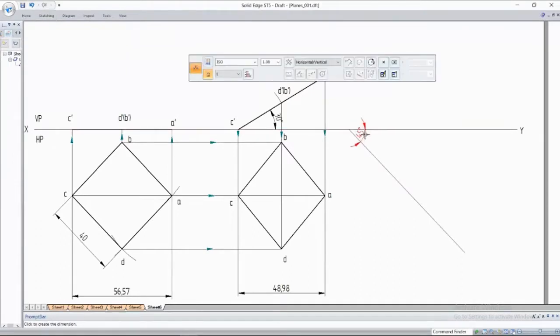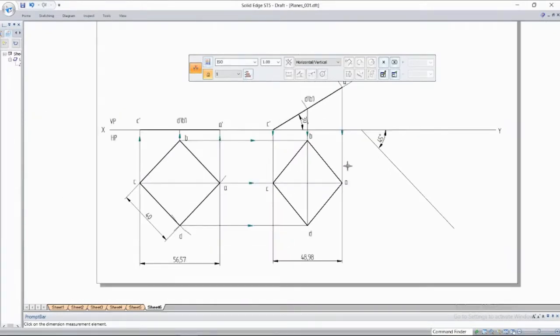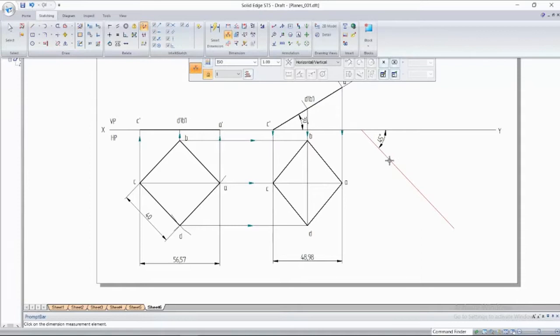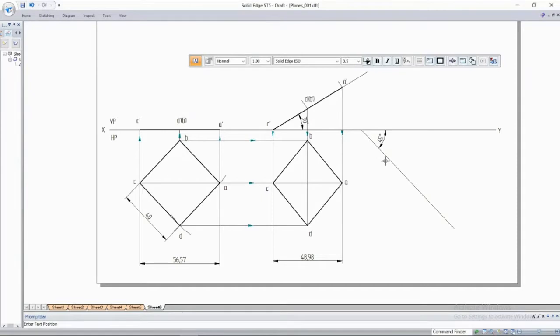Now to get full marks, you have to show each and every step. You're not supposed to miss anything. After this, this diagonal AC is inclined at 45 degrees. I have to place this diagonal AC, which is of 48.98 length, onto this line. First, I just place a point C here, anywhere on this line. Not too close to the XY line, because when you complete this drawing, it should not cross your XY line.